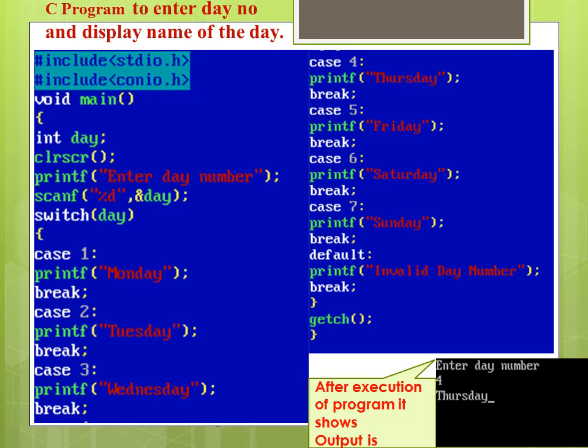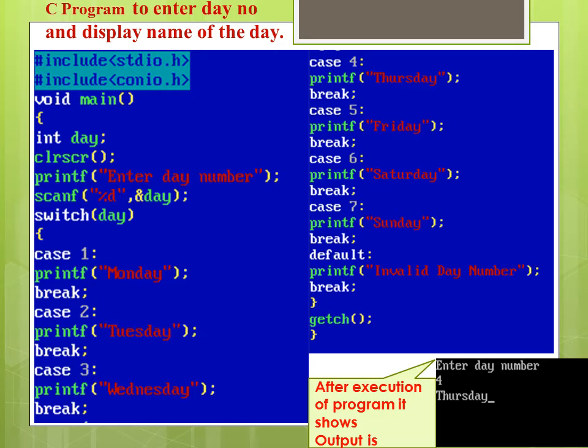It has day as a parameter or expression, and there are different cases like case 1, case 2 up to case 7. Here the value in the day variable is matched with a particular case, and that case will be executed.